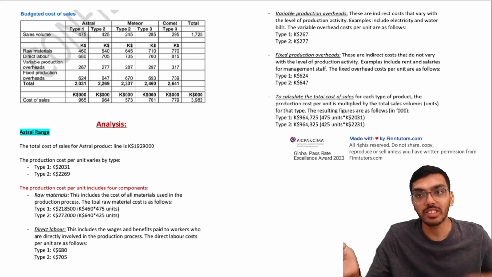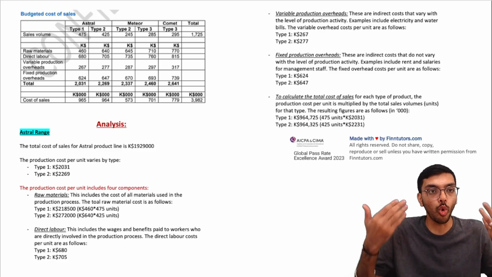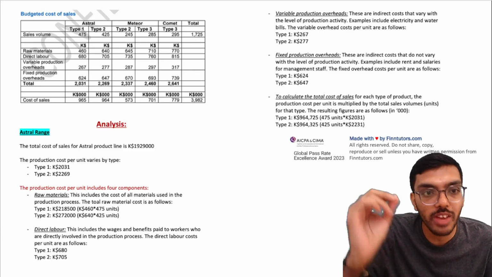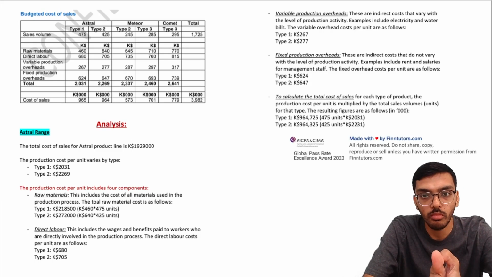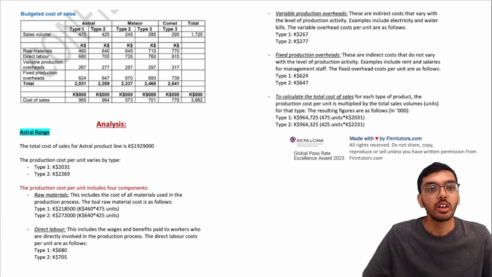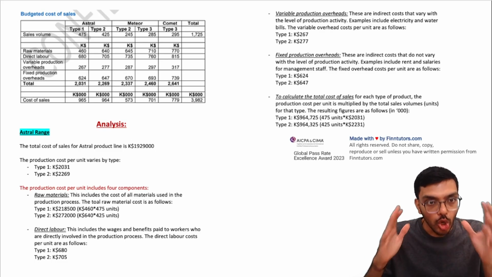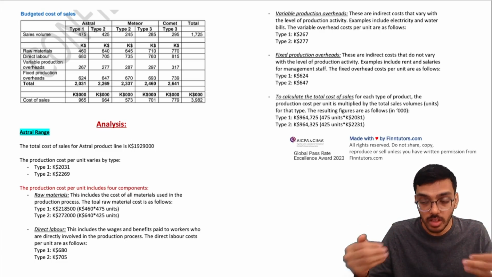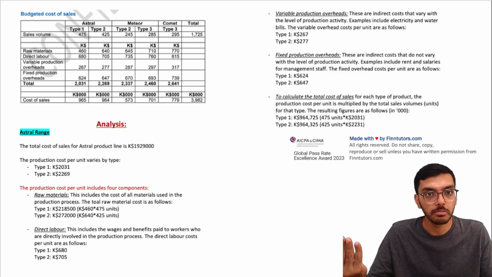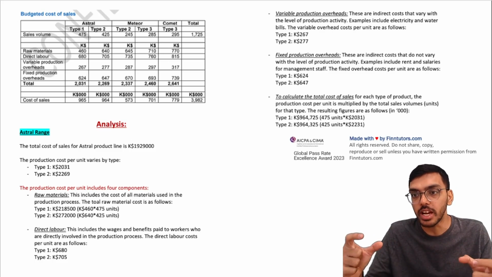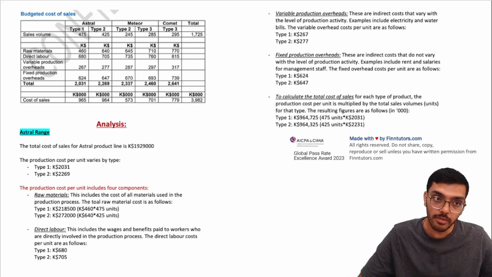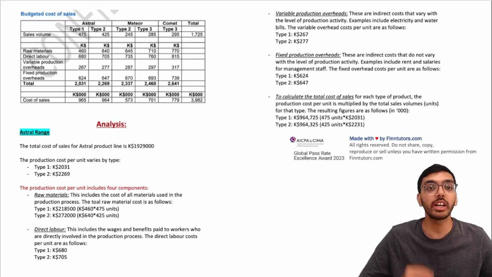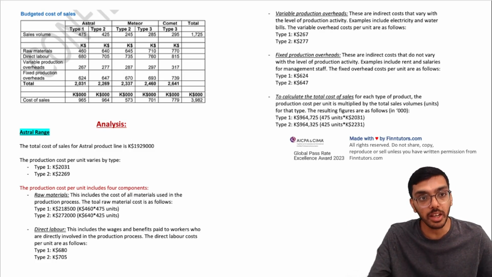Next, fixed production overheads like your rents, your salaries to management staff. All of this is fixed, but it's still overheads, which you don't know very clearly about because everything is grouped into one subheading. So very clearly, what we understand is the cost system for my business can go through an overhaul because there is a significant percentage of costs which are variable and fixed overheads which need to be broken down to understand our system in a better way.